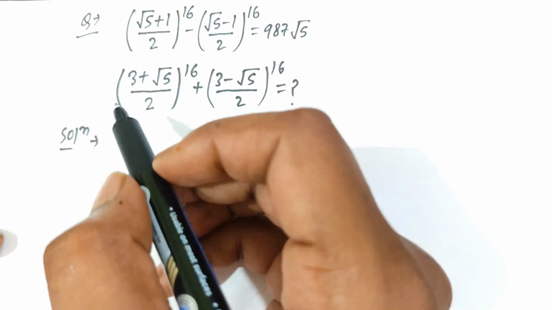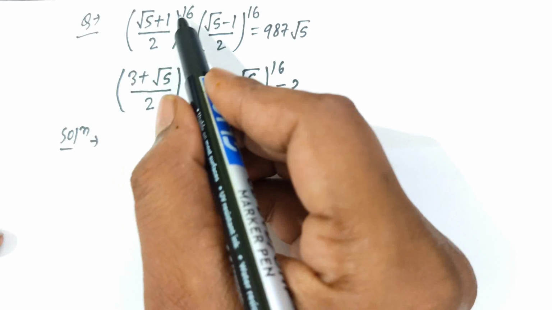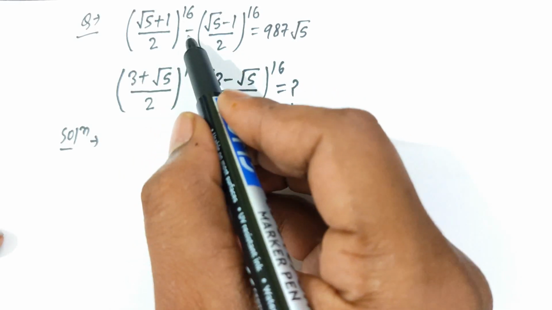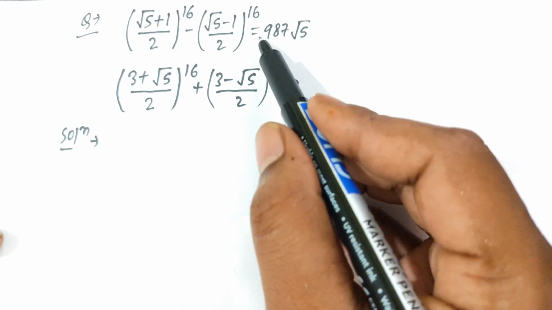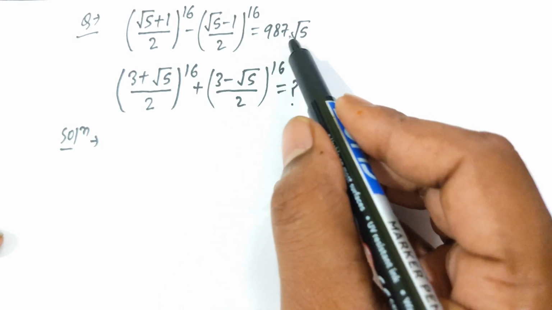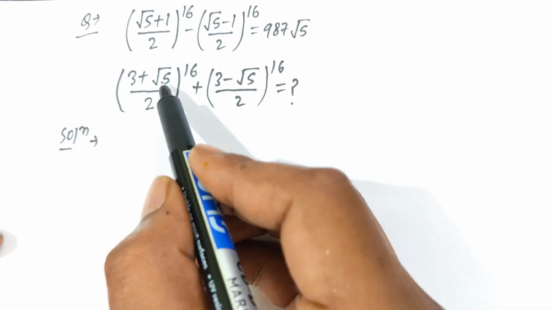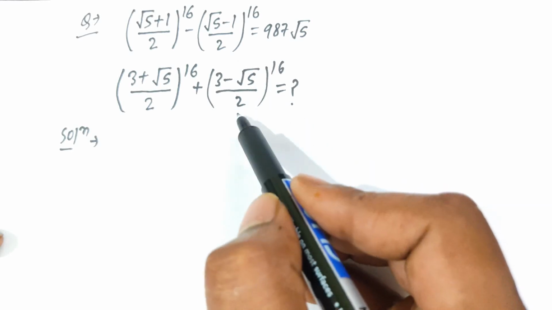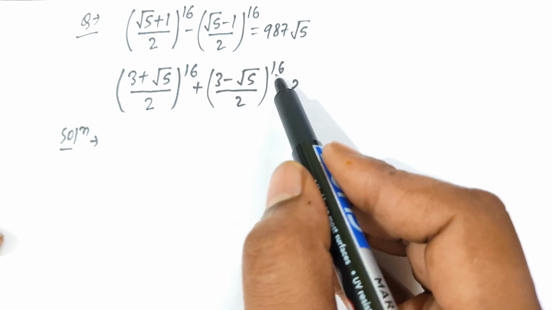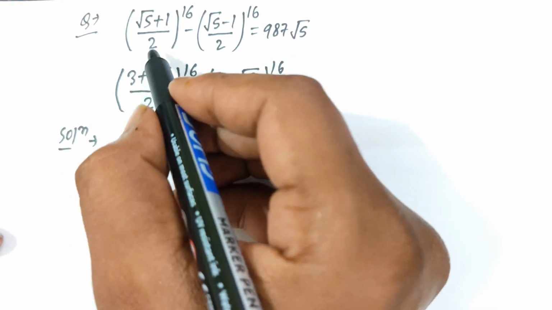हेलो स्टूडेंट्स, तो आज का हमारा क्वेश्चन है: ((√5 + 1)/2)^16 − ((√5 − 1)/2)^16 = 987√5, and here we will find out the value of ((3 + √5)/2)^16 + ((3 − √5)/2)^16. तो देखिए स्टूडेंट्स, इस वाली प्रॉब्लम को हम किस प्रकार से सॉल्व करेंगे।